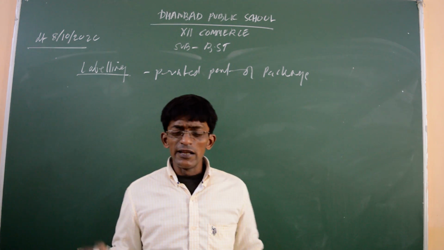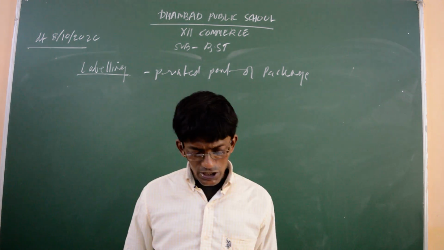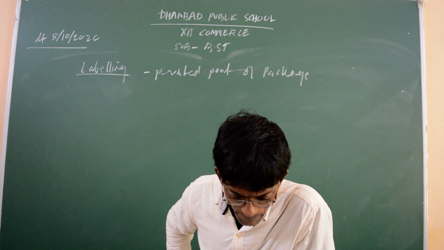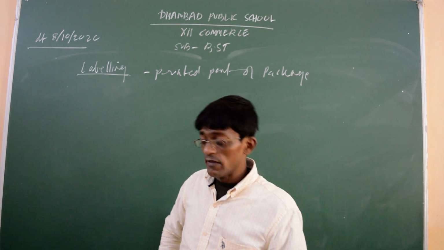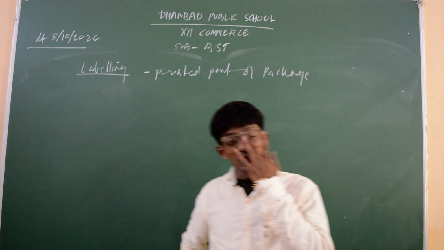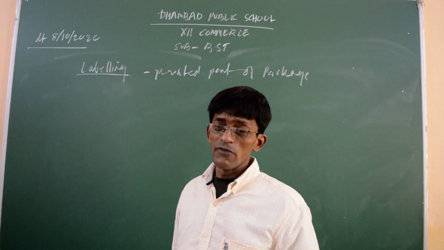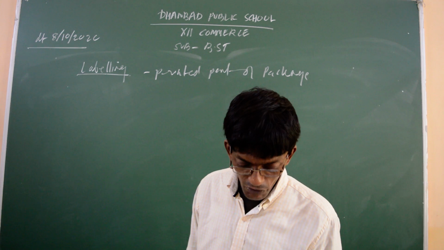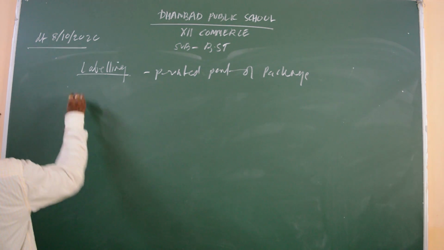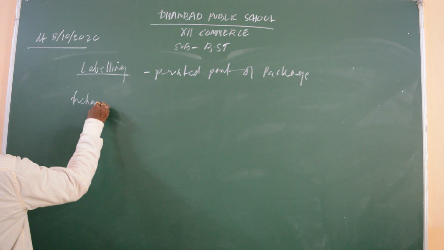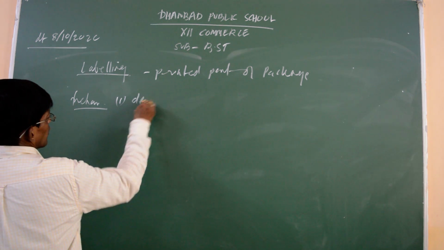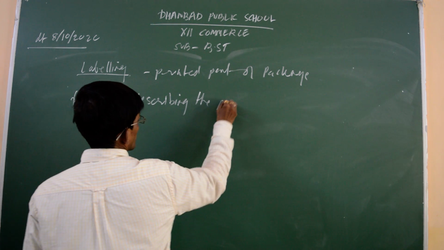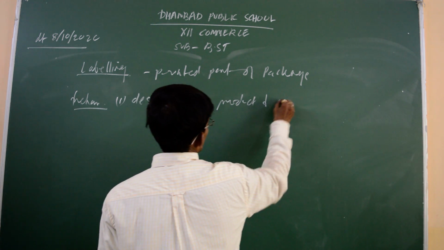That was the first part, identifying the concept. The second part of the question asks us to identify the different functions performed by the label, that is, the different functions performed by the concept identified in A above. So the concept identified here is the label, and now referring to the functions. First of all, the function of labeling is describing the product and specifying